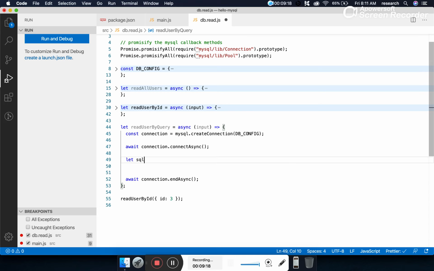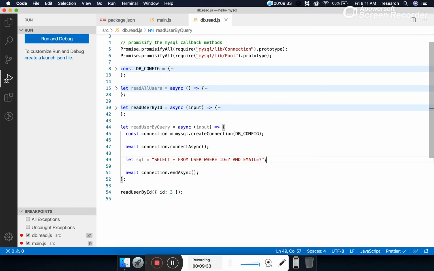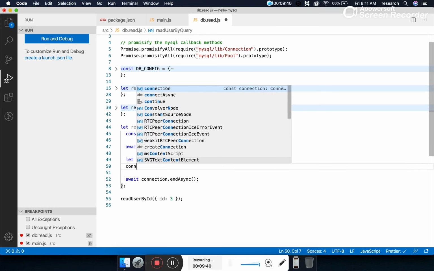Now what is the query we want to execute? SQL is equal to select all from user where ID is equal to question mark and email is equal to question mark. So this time we are putting more than one where condition, ID and email. How to specify the values for that?